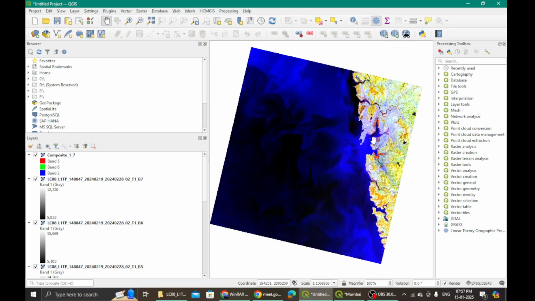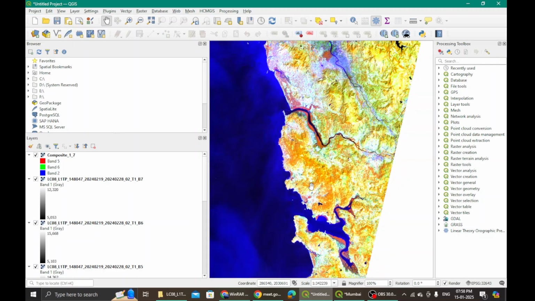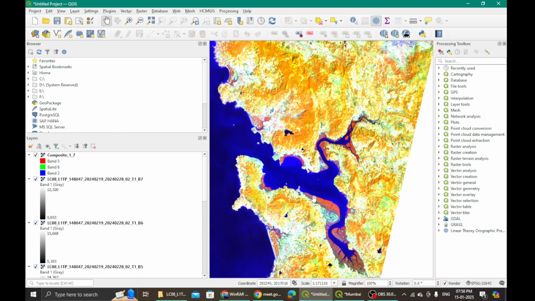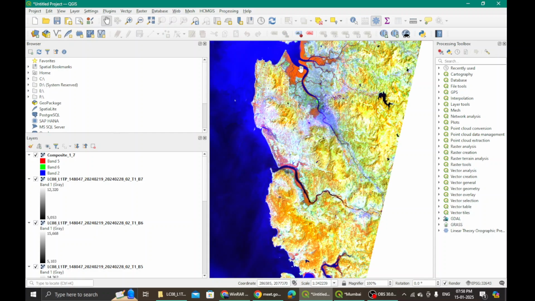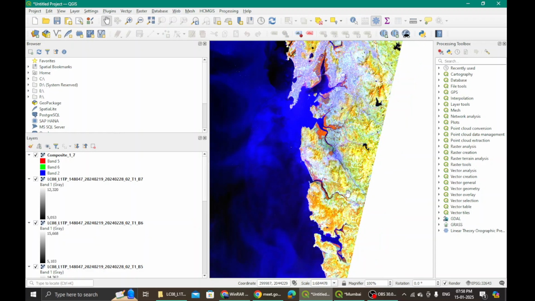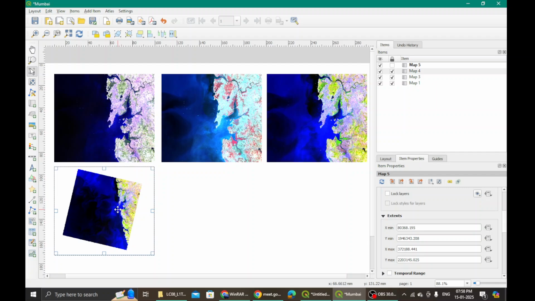So this time what is happening? 562 is healthy vegetation. I see healthy vegetation in this particular map. So you see here this vegetation is healthy. Wherever it is a darker yellow tone, it is all healthy vegetation. You will see mangroves here, which are very healthy, right? That is what we see. Wherever mangroves are there, everything will appear healthy.